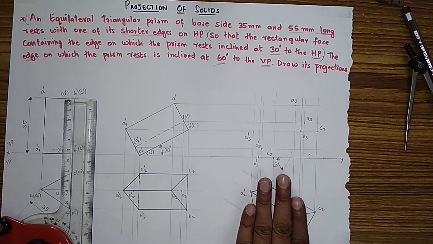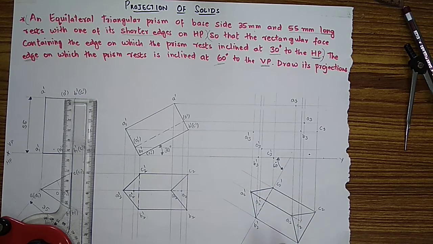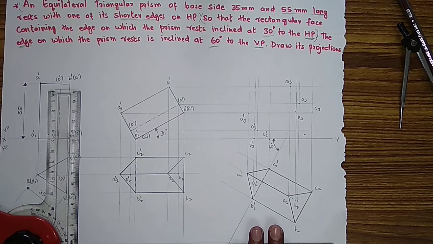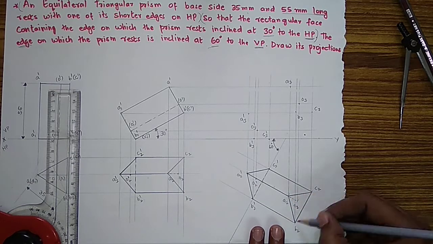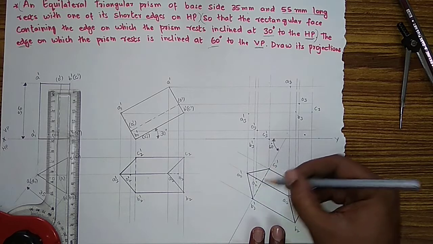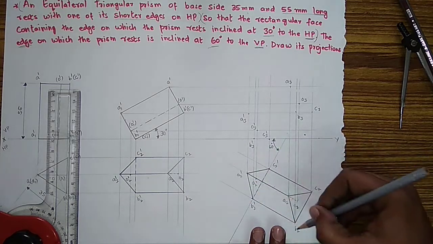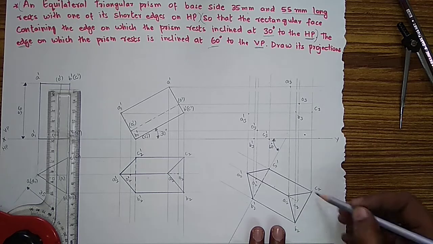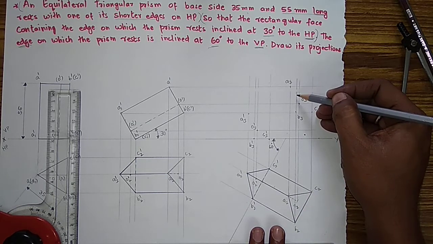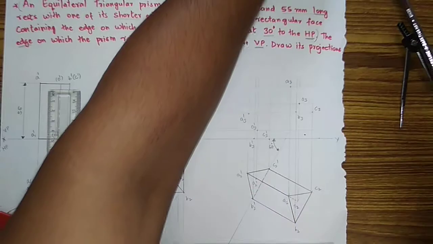Then you have to see this plane from downwards, here from downwards. Okay, from downwards you have to see. I will show you, from here you have to see. First I will see this triangle plane. It is visible. Then this is invisible. Then A to A, B to B, C to C, I have to see. First I will see this plane. This plane is visible from downwards. So these points are there. If it is visible, you have to do it dark.